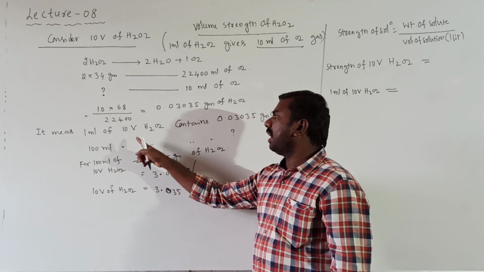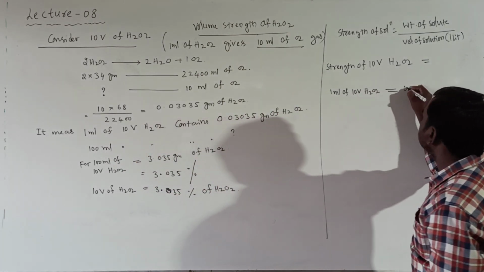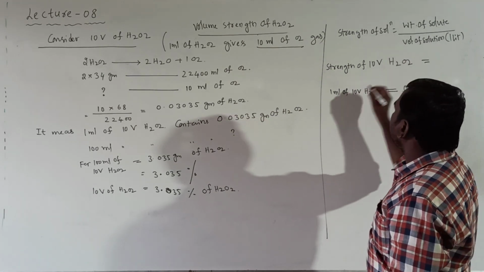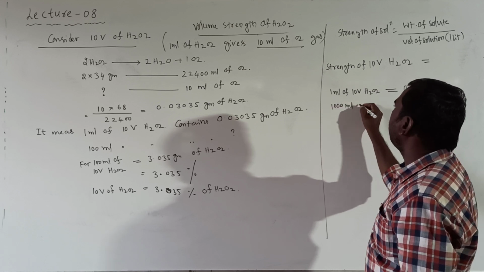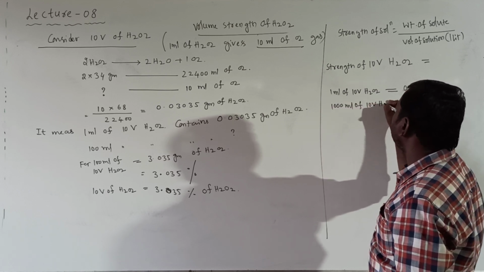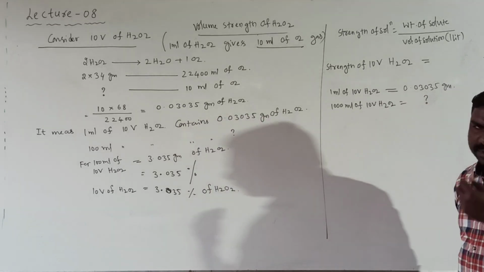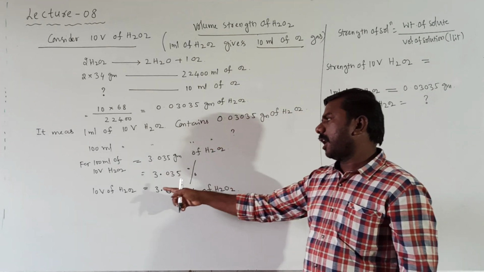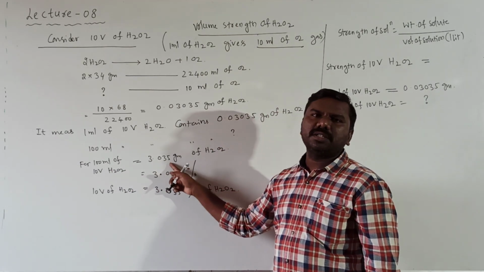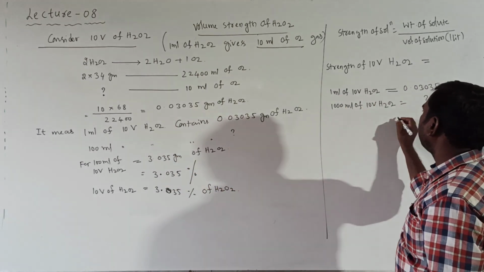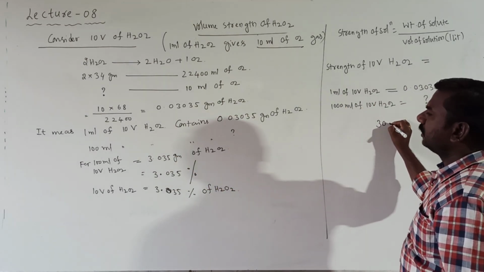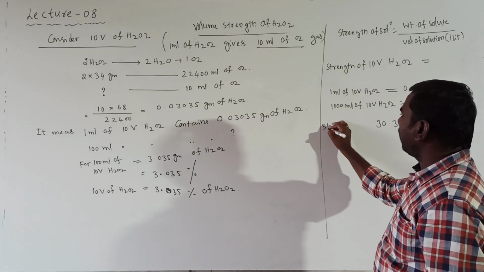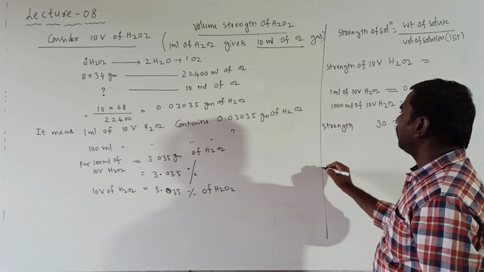1 ml of 10 volume H2O2 contains 0.03035 grams. 1 liter means how many? 1000 ml of 10 volume H2O2 contains how many grams? For 1, 0.03. For 100, 3.03. For 1000, that is equal to 30.35 grams. What is that? It is the strength of